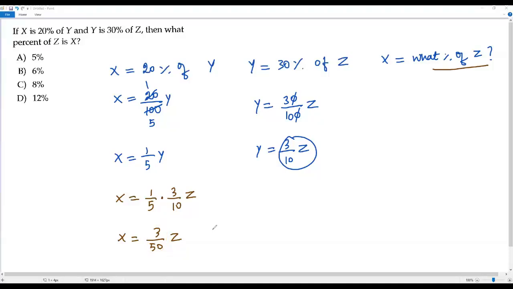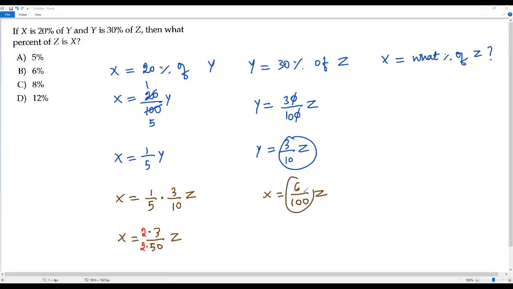So whenever I want to convert a fraction to a percentage, I must get the denominator to 100. Then I can write the fraction as a percentage easily. So to get this 50 to 100, what should I do? I have to multiply both numerator and denominator by 2. So when I multiply this denominator 50 by 2, it will become 100. So in the next step, we have x equals 2 times 3 is 6, and 2 times 50 is